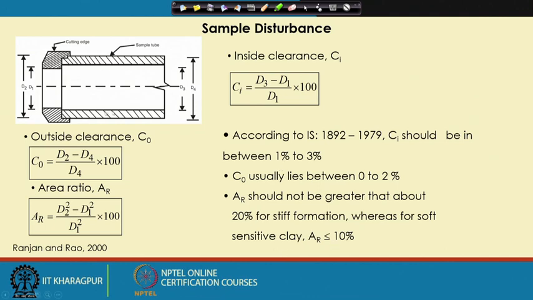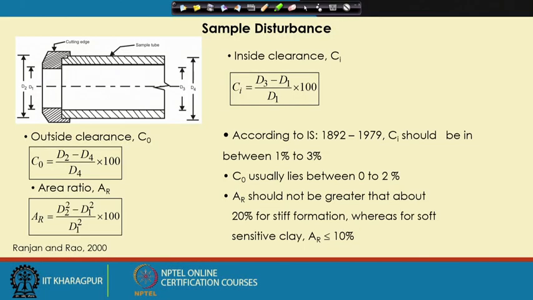So, this is a particular sampler tube. In front of the sampler tube, a cutting edge is attached. This cutting edge basically helps to penetrate the sampler tube into the soil. I have already shown you during the SPT test that a split spoon sampler is attached at the bottom of the rod. That sampler tube is penetrated into the ground by blows. Here also the cutting edge is there, and that will help to penetrate the sampler tube into the soil, and you are applying the blows.